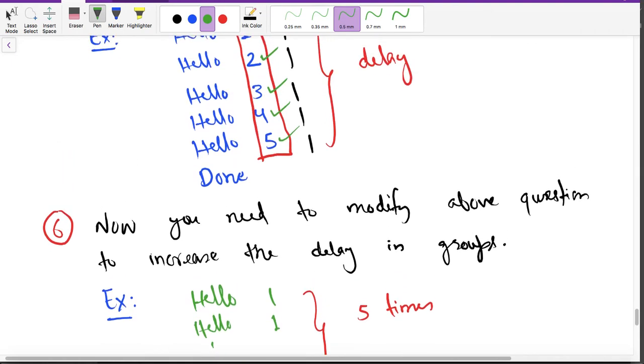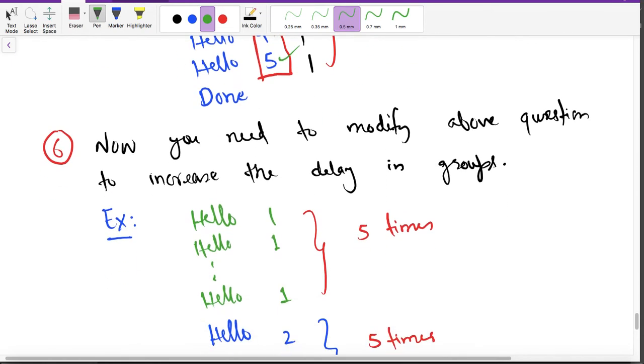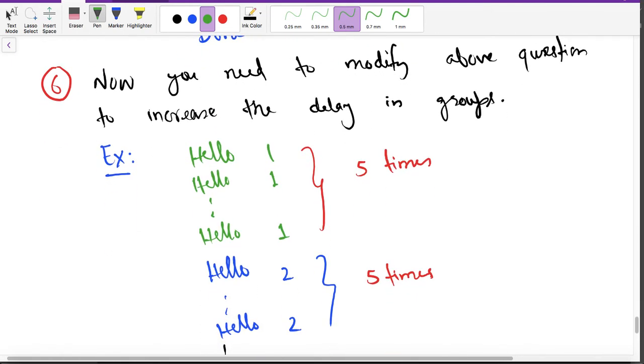Now in the sixth question, you are modifying the fifth one, and what you need to do is increase the time delay in groups. What do I mean by groups? You are printing hello 1 because there is a delay of 1 second. Then you are printing hello 1 again because there is a delay of 1 second. And these statements you are printing 5 times.